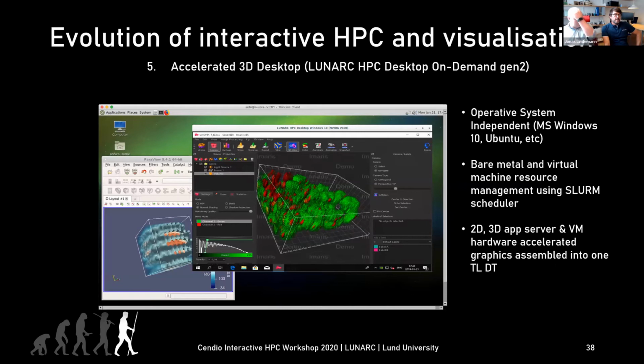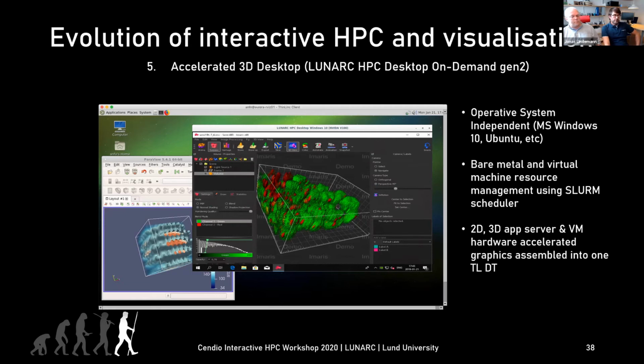The last incarnation of the on-demand desktop introduces, in addition to bare metal servers, virtual machines or hypervisors, which opens up possibilities to run other OSs that don't cope with VirtualGL, such as Windows. In this image, to the left is ParaView running on one of the application servers, the bare metal servers. The background is, of course, a good old ThinLinc running on the agent node.